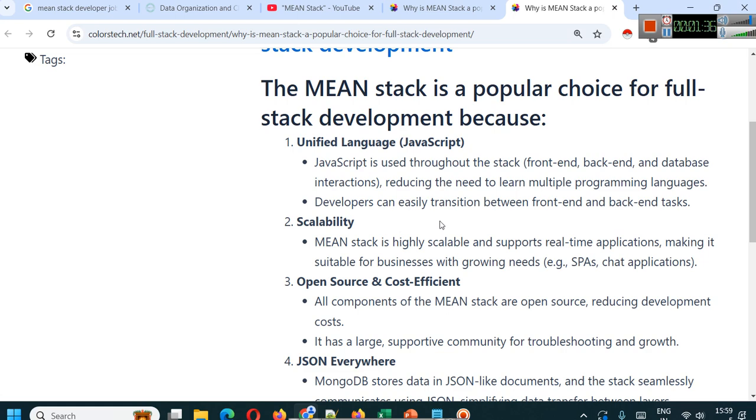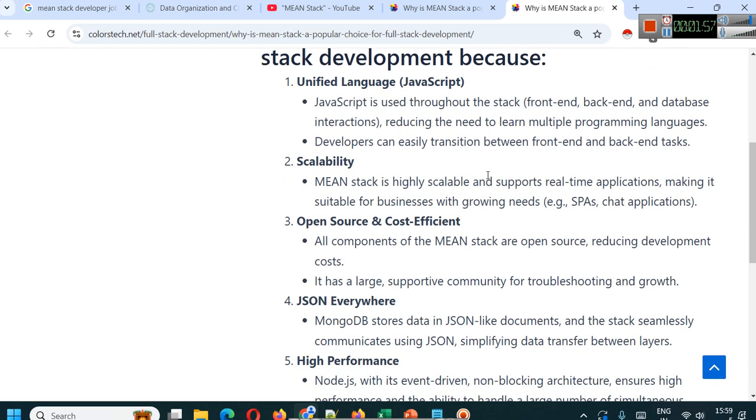Developers can easily transition between front end and back end tasks. Scalability of MEAN stack is also high, and it supports real-time applications, making it suitable for businesses with growing needs. Example, SPAs, chat applications. We'll see many other applications later.